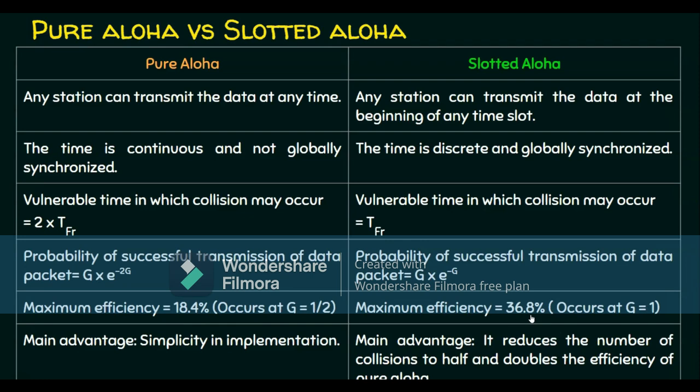And that is why the first point we have seen in Slotted Aloha is that it was just developed to improve the efficiency of Pure Aloha. And it has improved. And the last point in the comparison is the advantage. The main advantage of Pure Aloha is simplicity in its implementation. Whereas in Slotted Aloha, the main advantage of Slotted Aloha